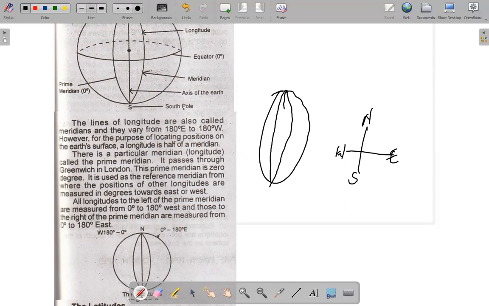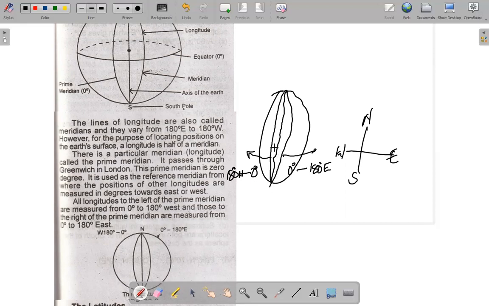So if this is the prime meridian, the one that divides it into half, anything from this place is measured from 0 degrees to 180 degrees east, while anything from this place is measured from 0 degrees again to 180 degrees west,